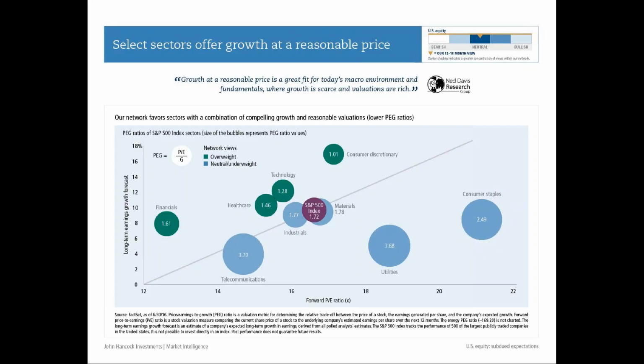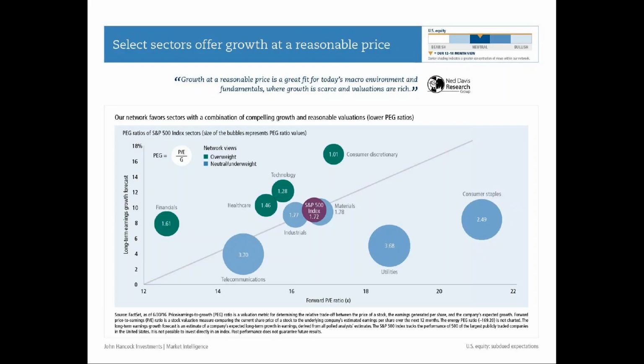Think about price to earnings multiple as just the same as the price of any asset, and earnings is the earnings stream you get for that. You want to buy with as low a price to earnings multiple as possible. A higher price to earnings multiple would mean it's more expensive on a relative basis. And so you want to buy things on the left-hand side of this chart. You want to be in the upper left as much as possible.